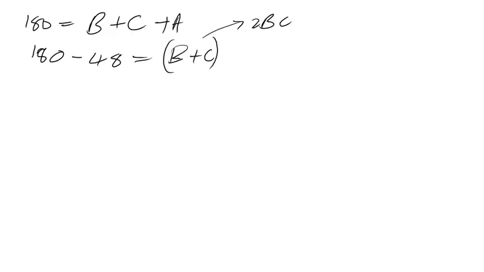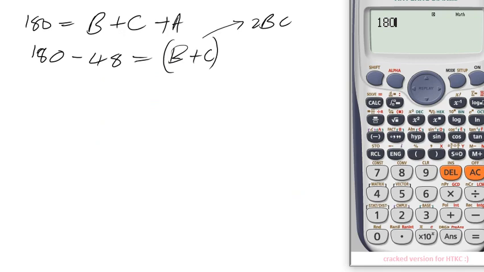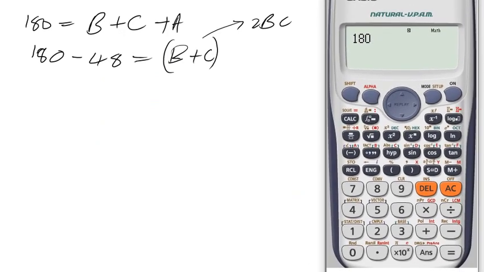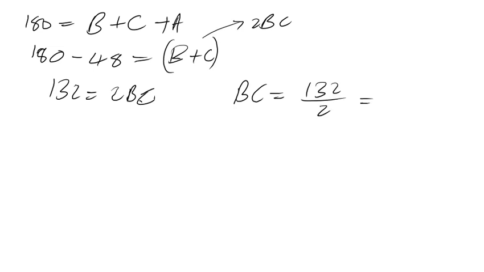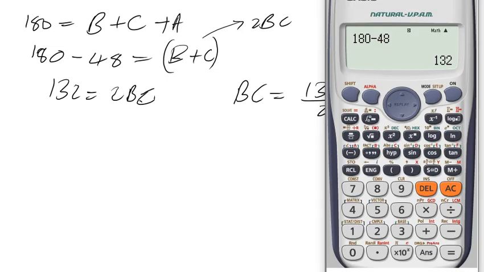So let me bring my expensive calculator now. Now you'll be able to see it. You're going to say 180 minus 48. Then you get 132. Then you'll have 132, which is equal to 2BC. Then your B and C will be, BC will be equal to 132 divided by 2, which is equal to